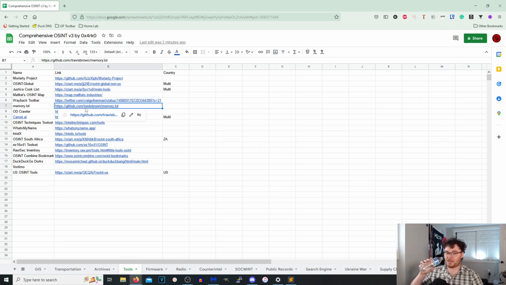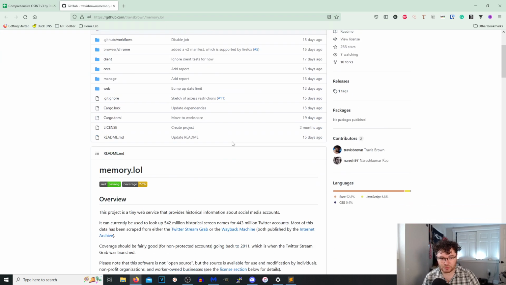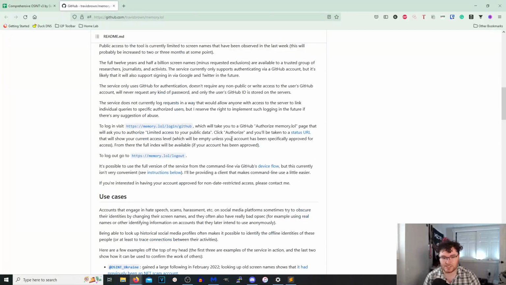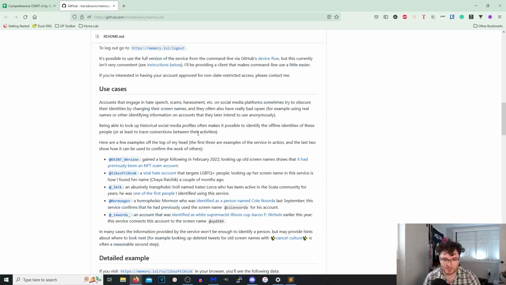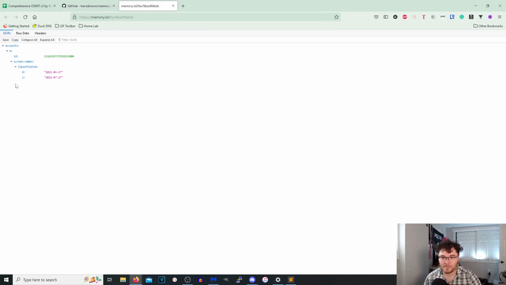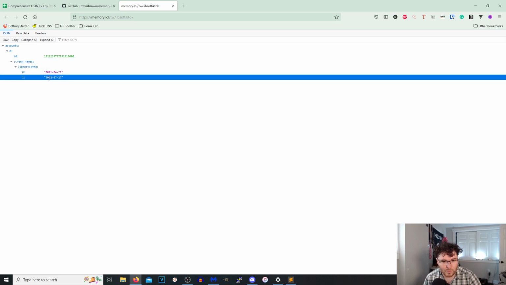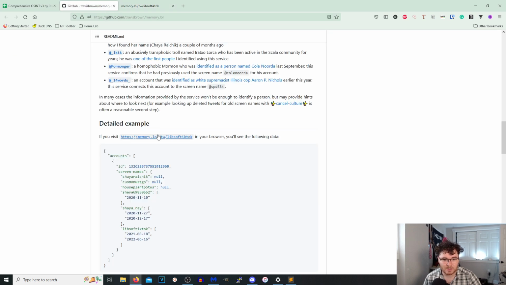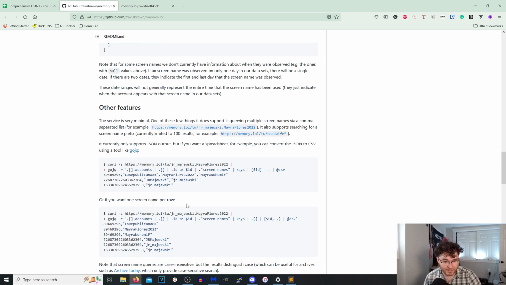Okay, moving on. Memory.lol. This one gives you historical information about Twitter accounts, I believe. Twitter accounts only. So the way it works is you would visit here. So if we go here, it's just like a JSON format. I don't really know what this information means. If you visit, you'll see the following data. I don't see that data, but let's go ahead and